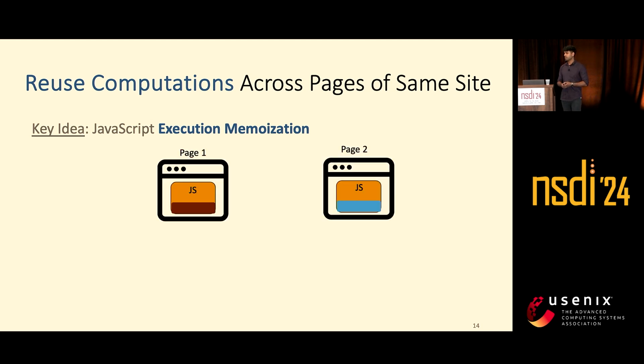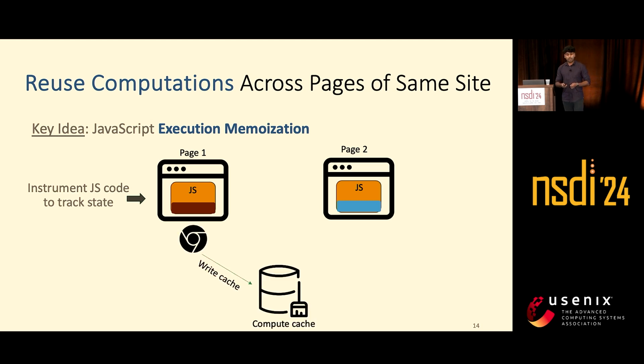To see how that works in practice, let's look at an example of two pages, page 1 and page 2, that we need to crawl. There is certain JavaScript code on both of these pages. Different colors here represent different sections of the JavaScript code. The first thing that we need to do is to rewrite this JS so it's capable of tracking all the state that it accesses. After which, we can crawl this page using a browser.